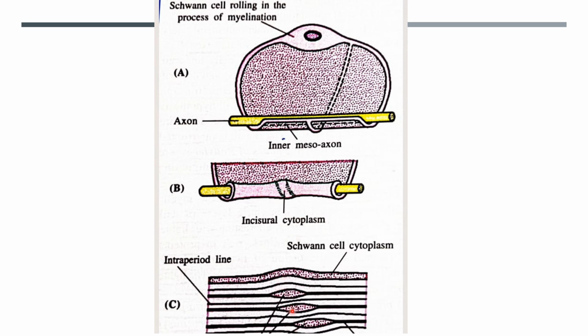And these are the oblique clefts. This is the oblique cleft where you get the Schwann cell cytoplasm, and at the periphery you also get the Schwann cell cytoplasm with the nucleus, and that is known as the neurolemmal sheath.